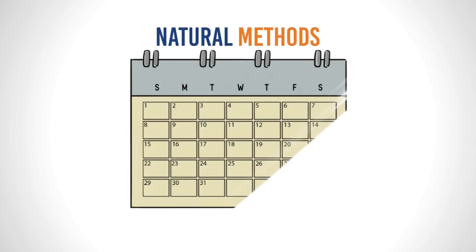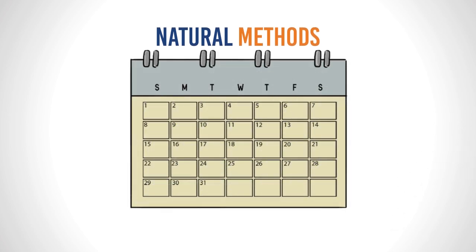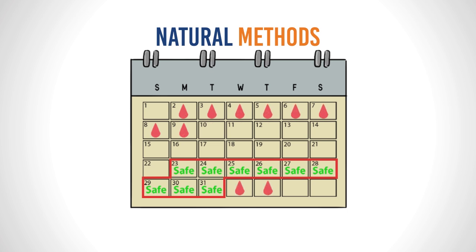The fertility awareness method is based on identifying a woman's safe time during her menstrual cycle when she's least likely to fall pregnant. This is assessed through recording of menstrual cycles, basal body temperature, and cervical secretions to avoid the window of ovulation. It requires daily attention.